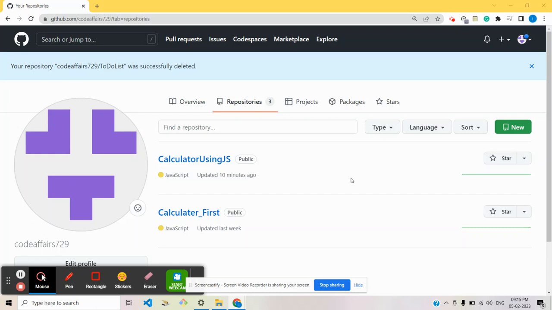वेलकम बैक टू कोड अफेयर्स। आज हम लोग देखेंगे कि हम लोग का जो लोकल पे प्रोजेक्ट पड़ा होता है उसको हम लोग गिट पे कैसे पुश करेंगे। ठीक है, सो सबसे पहले हम लोग गिटहब खोल लेते हैं और एक नया रिपोजिटरी बनाते हैं।